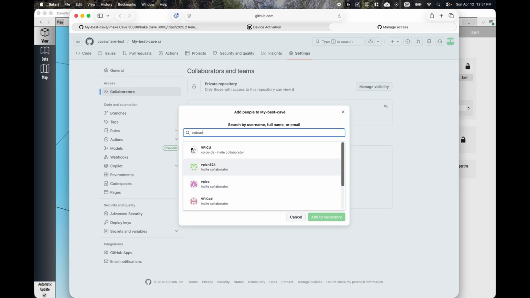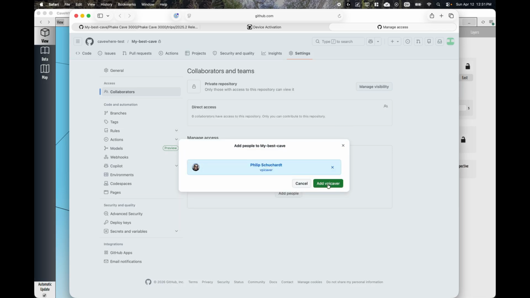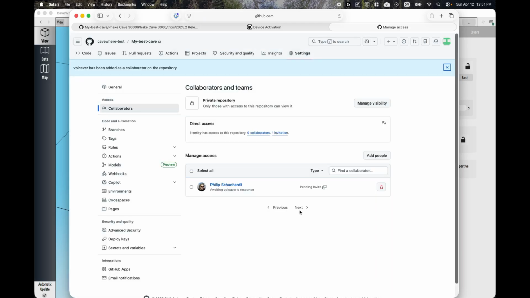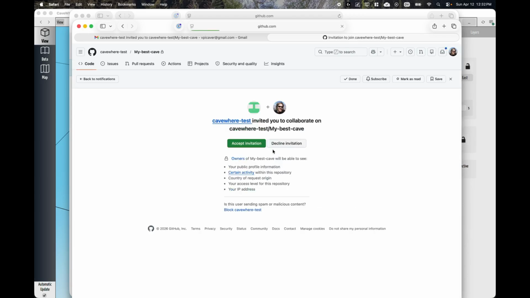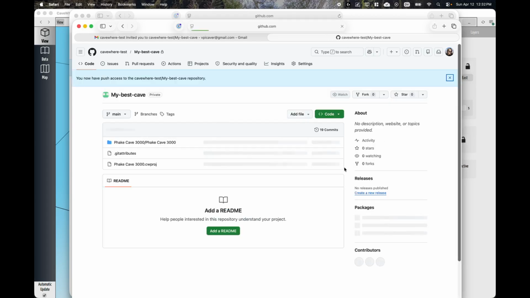I will say add, and then it'll say pending invite. I will go ahead and accept that invite. I've gotten this message on my other GitHub account that I'm invited to join. So the other person that you've shared the link with needs to accept the invite. I'll accept that, so now I have access to this repository. Of course, it's read and write, so don't send links to people that you don't want writing to it. If you want to send them data